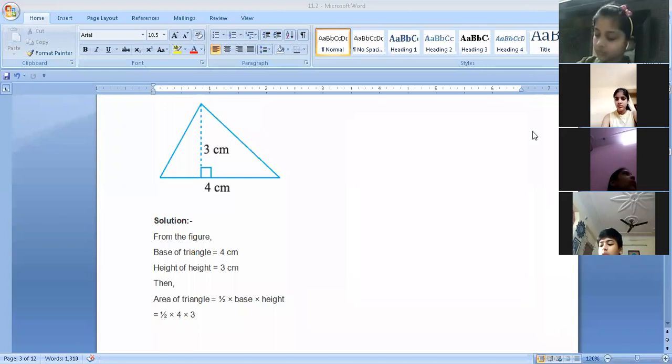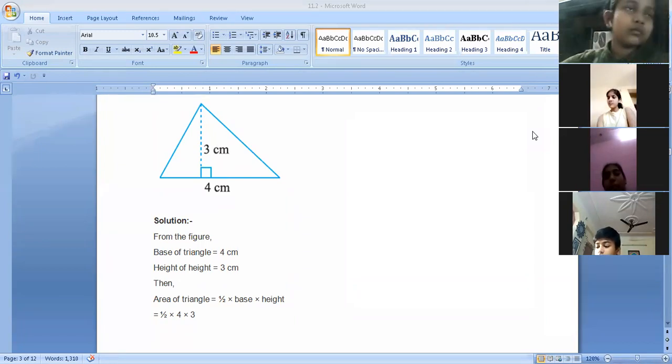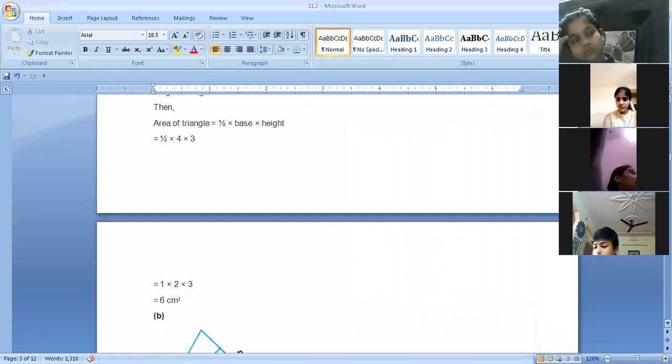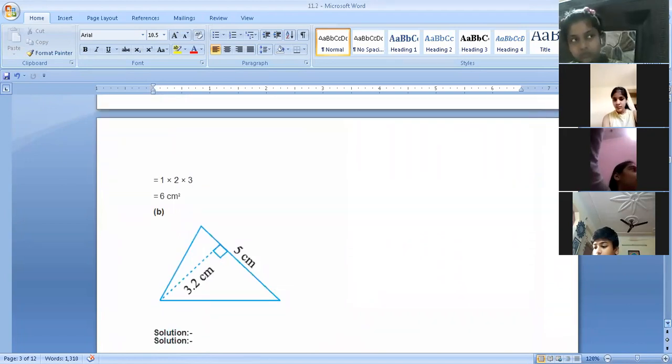Yes, Astha, answer is right here. Ananya Jain, cut the value 2 with 12. Yes, Haryanshi, right answer. Jessica, right. Anshika, right. Sharvil, right. Avika, right. Gia, right. Anupriya, right. Ananya, right. Swastik, right. 6 centimeter square is the correct answer. Wait, Jessica. 6 centimeter square is the right answer.